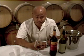As I said, the regular retail on this is $15.99. And for wine club members out there that are interested in buying on a repurchase, this wine ends up being $14.39, which is a fantastic